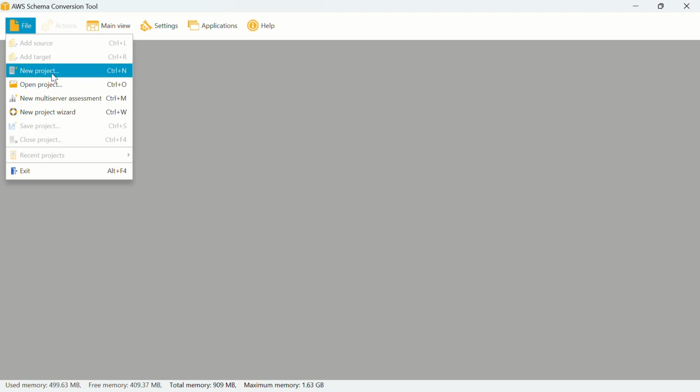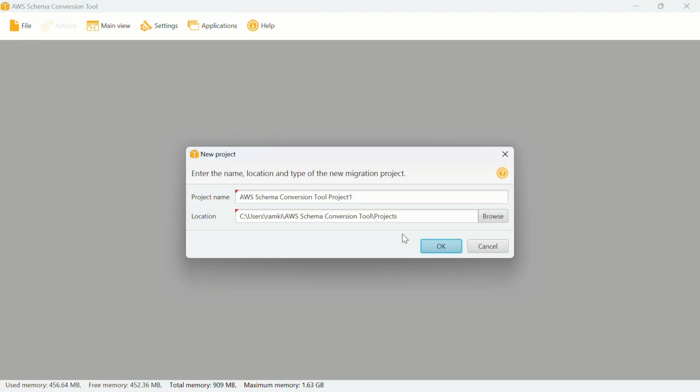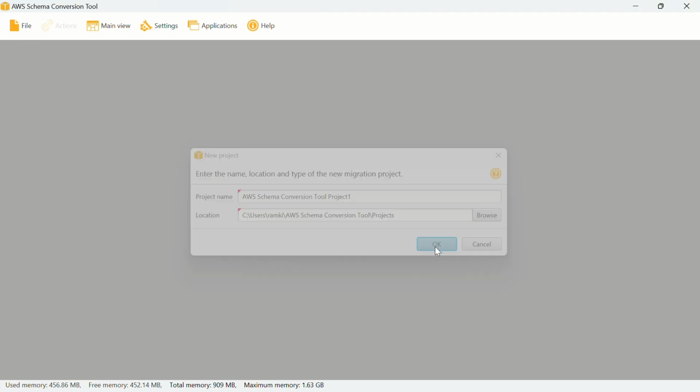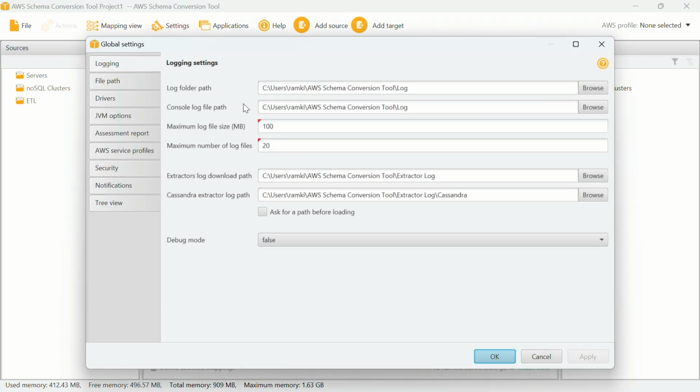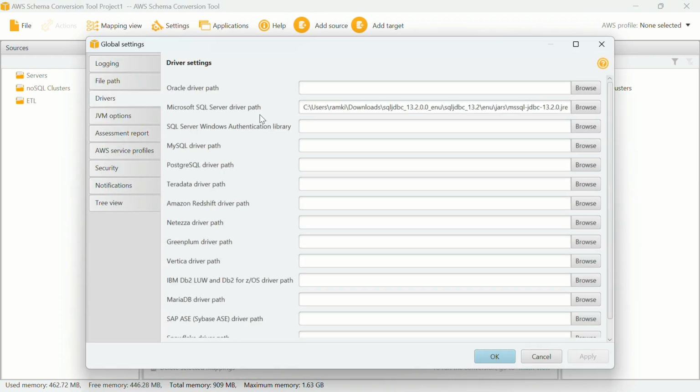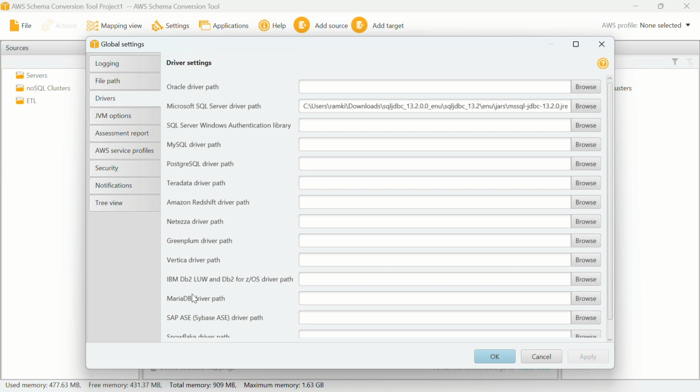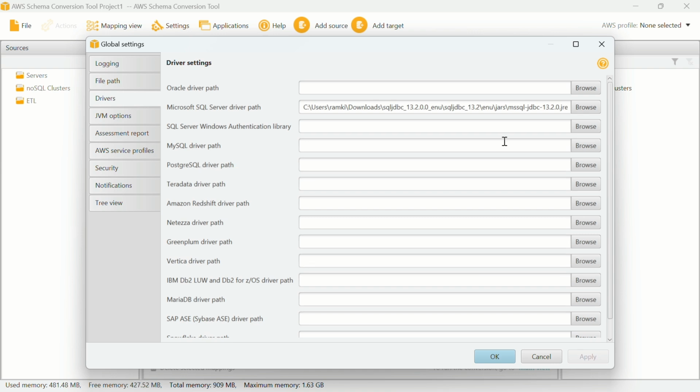Click on File, choose New Project, give the name and path, and before giving the source and target, you need to add the global settings for the drivers. Those are Microsoft SQL and Postgres. You can get those drivers from